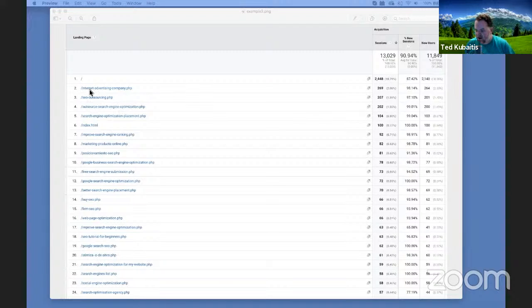I know that if I target internet advertising company, I wouldn't have thought of that on my own. But the keyword tools gave me 5,000 keywords, so I was going to check them all. Internet advertising company is an easy one, and it got a bunch of traffic. Google gave me the answers. So all I had to do was figure out a clever way to create some randomly generated content or curate some keyword specific content, just get them indexed